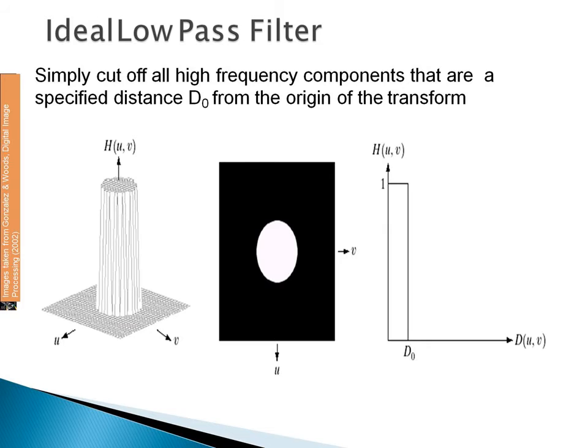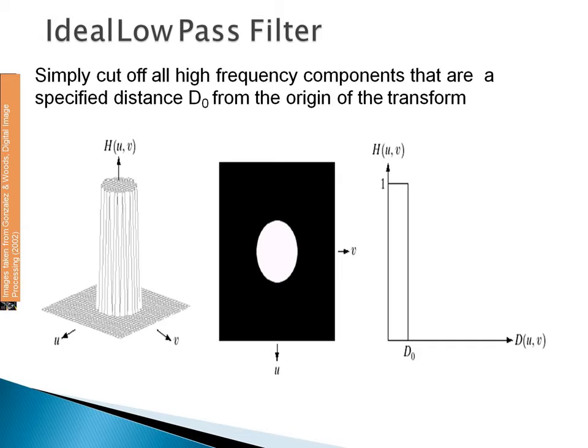This image over here, that is A, shows the perspective plot of H(u,v), and in B I have the filter displayed as an image. So the ideal filter, as indicated, makes sure that all the frequencies on or inside a circle of radius D0 are allowed to pass without any attenuation, whereas all the frequencies outside the circle are completely attenuated. That means they will not be allowed, they will be filtered out.